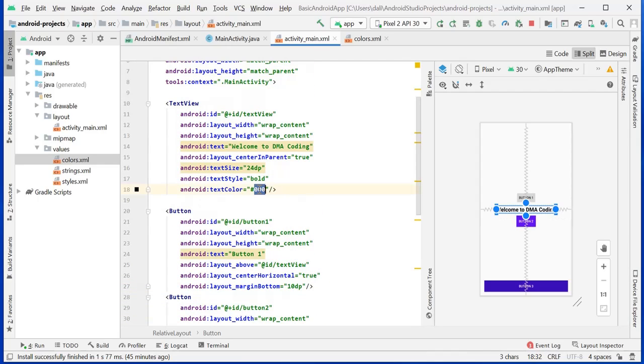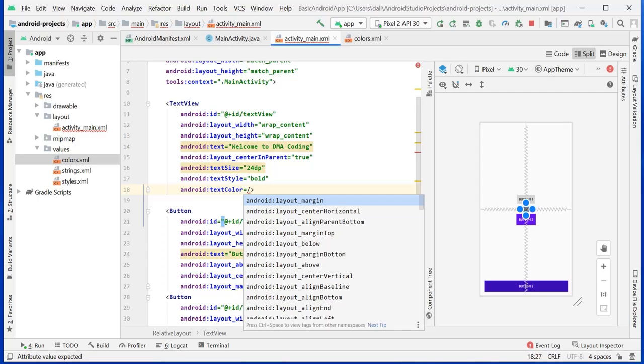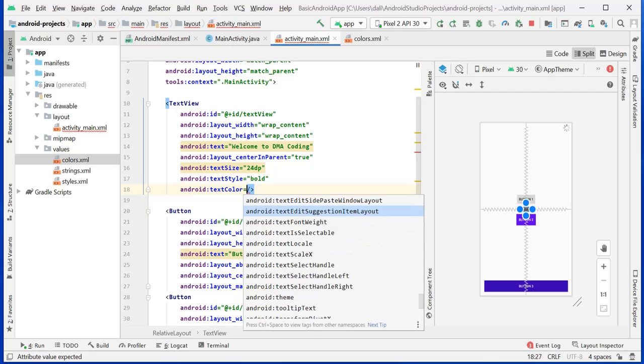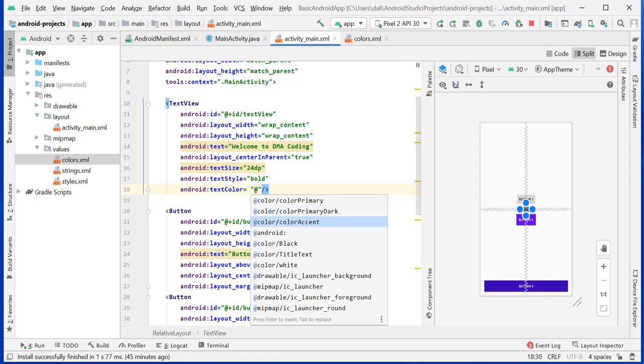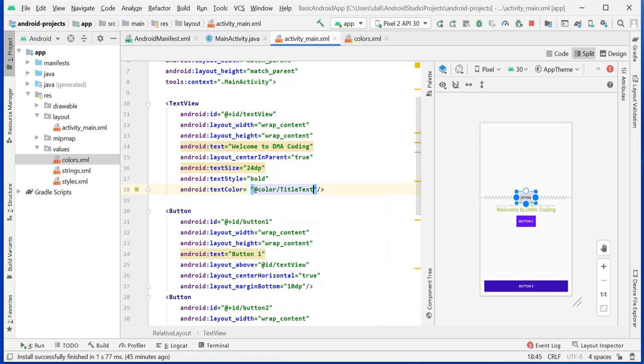For this text color we'll use that only. See here, color title text, now it becomes green.